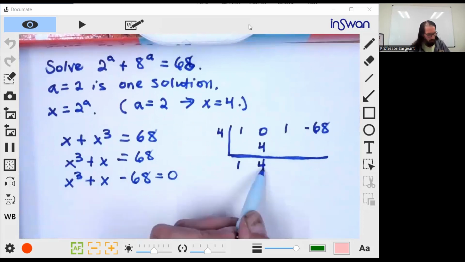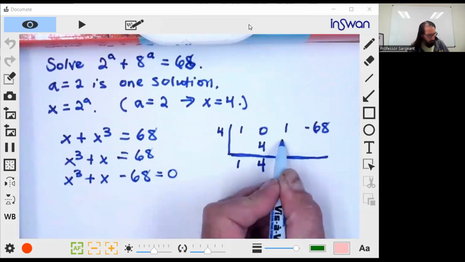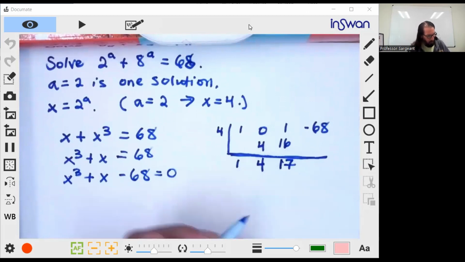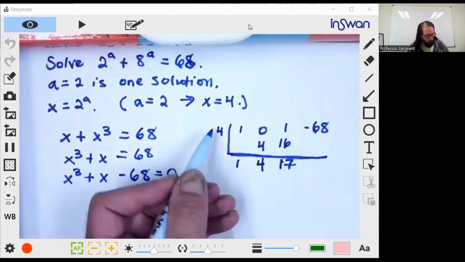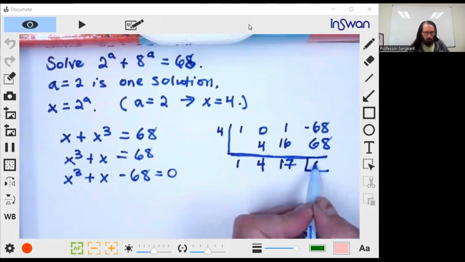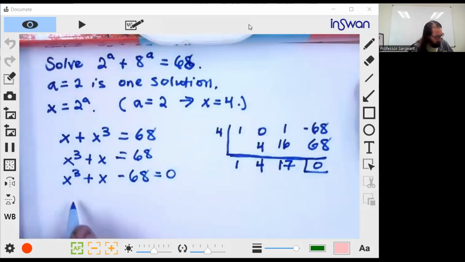Take again what's in the bottom row, multiply by the 4. Now we've got 16. Go up diagonally to the next column, write it underneath the 1, and add. And then the 17 times the 4 gives us 68. And when we add that up, we get 0. That's telling us no remainder. Furthermore, that is telling us we have factored